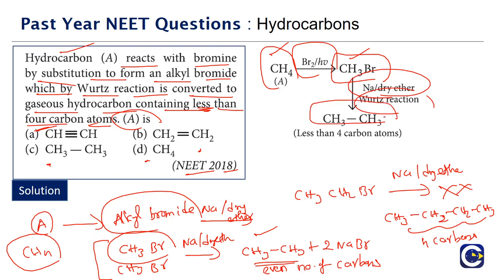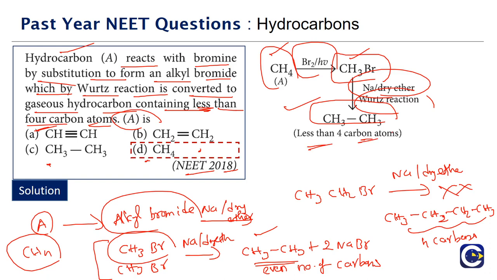We will get a hydrocarbon which has double the number of carbons, which means a hydrocarbon having 2 carbons. That is the only possibility where we can have less than 4 carbon atoms. So what is the correct answer for this? It is option D. On the Wurtz reaction, in a couple of past year papers also we have got questions